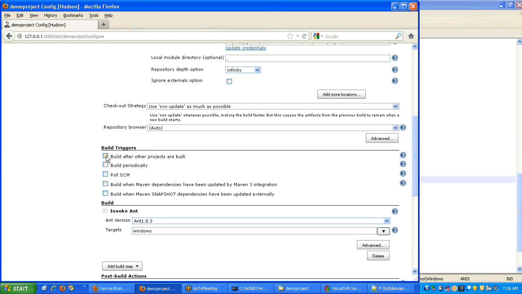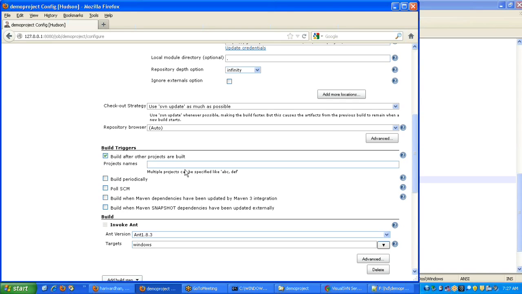So what kind of triggers are available? Build after other projects are built. You can configure multiple projects in Hudson, and once any other project is built successfully, you can configure this project to build on success of that project. You can use any other project name, like if you configure,